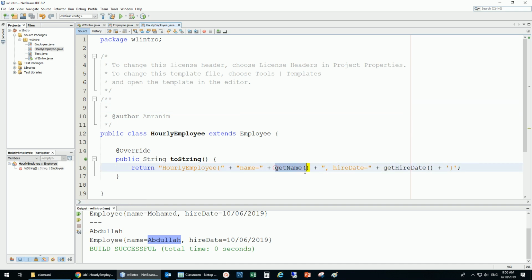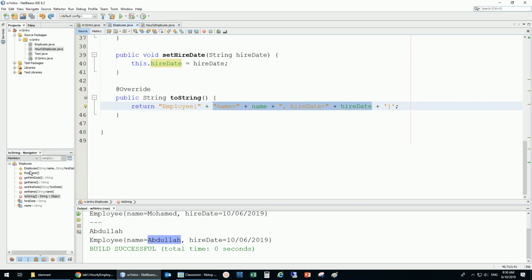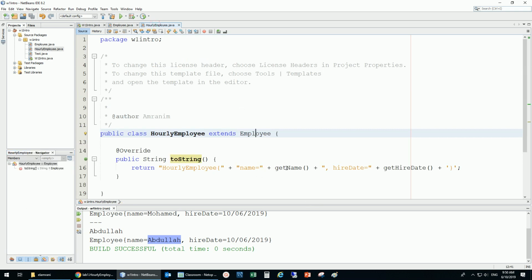Why am I having this? I'm inside hourly employee. Hourly employee inherits from employee. Inside employee, do I have getName? Yes. If I look here, you see on the left, I can see that I have getName. All these are public, so I can have access to them. setName, etc. So as you can see, I can use getName, I can use getHireDate,